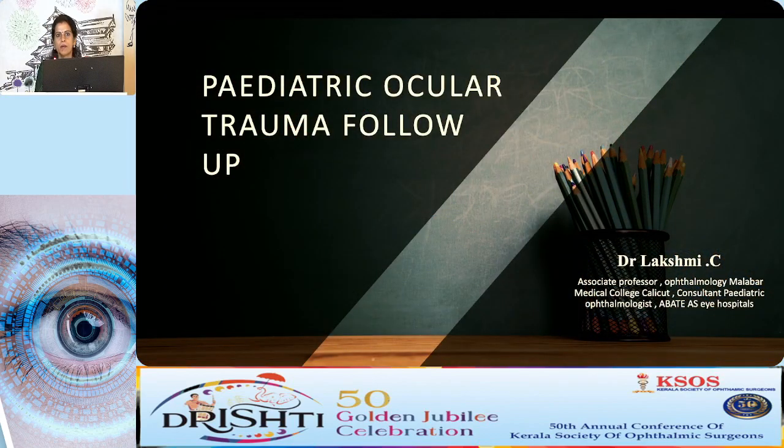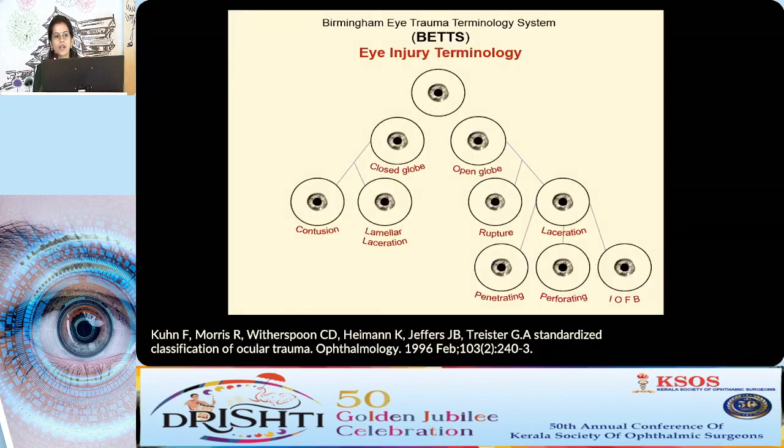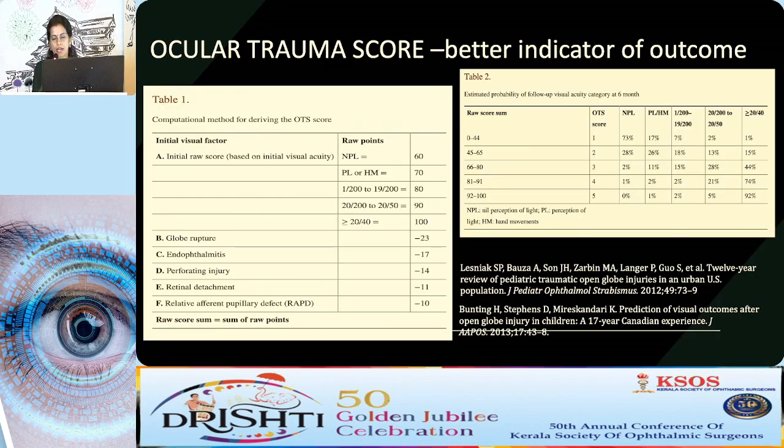So this is just to sum up what we have learned now. We have a lot of terminology systems in trauma. We have the Birmingham eye trauma terminology system, as well as the ocular trauma score. And as Dr. Soumya has already mentioned, the ocular trauma score is a better indicator of outcome, especially in pediatric cases. So why do we need the scoring system? It's mainly for prognosticating these cases, and from a medico-legal perspective, it is mandatory that we score these and document